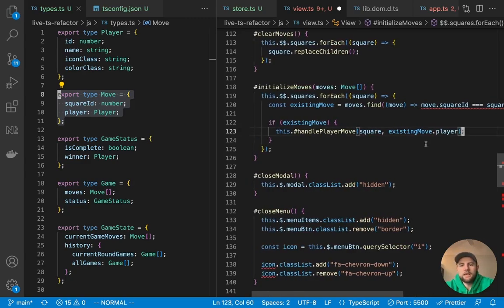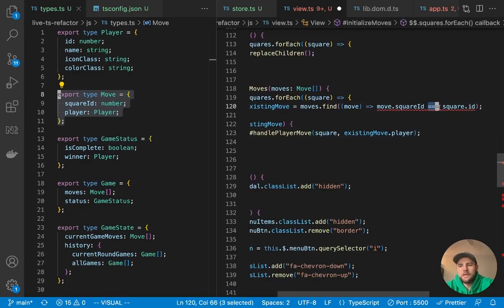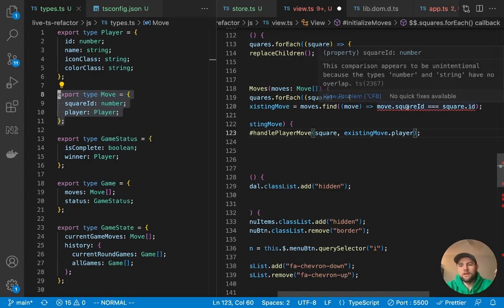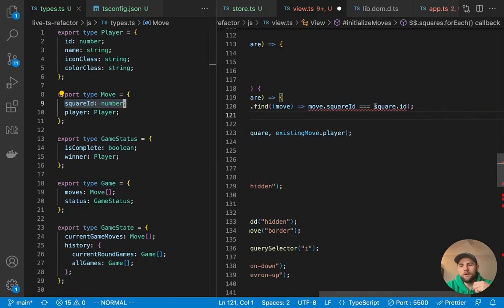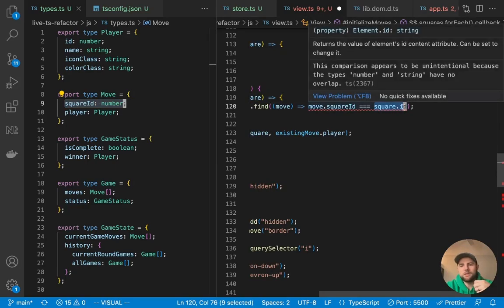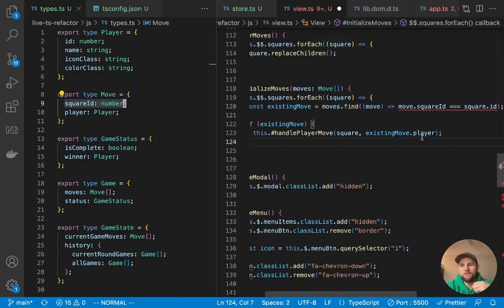And what that's saying is we are doing a triple equals equality, which checks the type and the value. And we're looking at a move which has a square ID of number, and then the default event target ID is going to be a string. So element.id is going to type to a string.